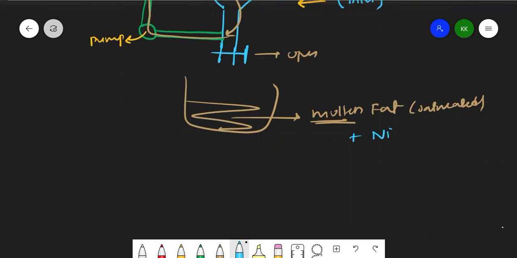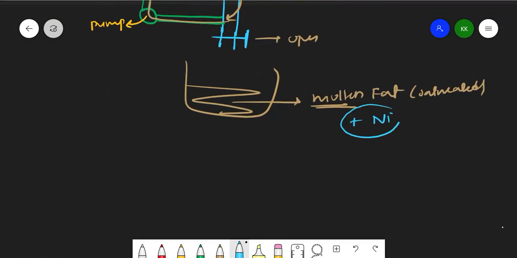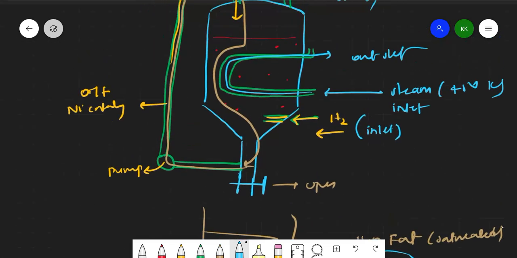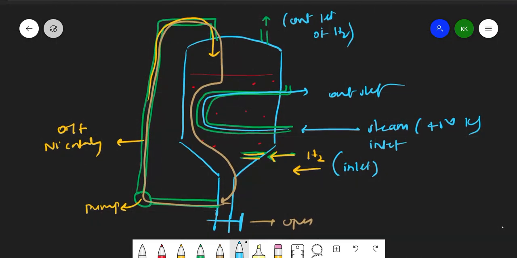In the next step we purify, in which we remove this nickel. Once we cool it and remove nickel, we'll get fat in solid form. Like this we'll prepare this vanaspati ghee, right? I hope you understood it. We keep this cycle continuing until we get this saturated fat. So this is how we will prepare this vanaspati ghee.